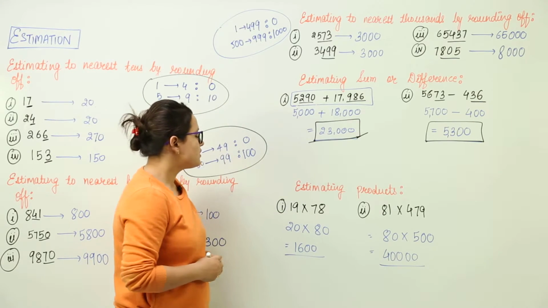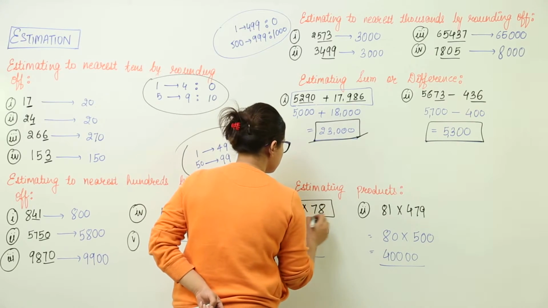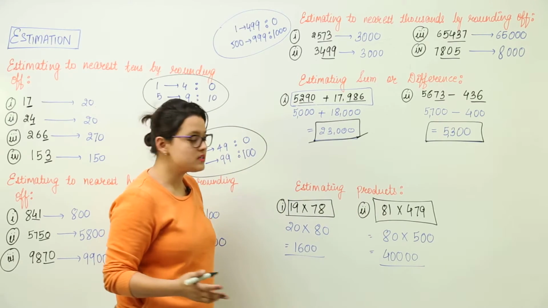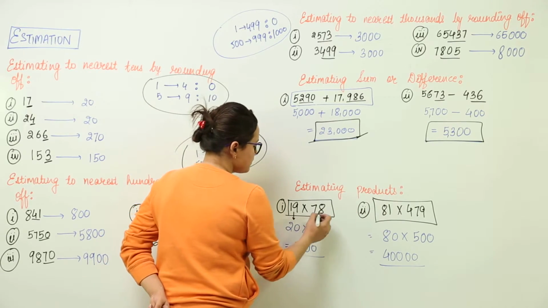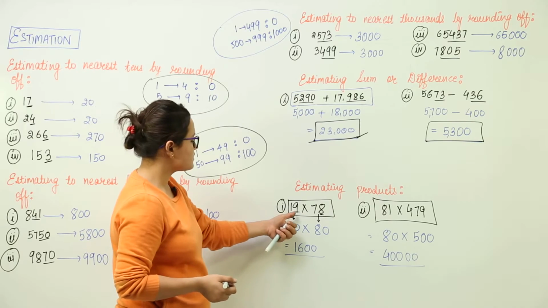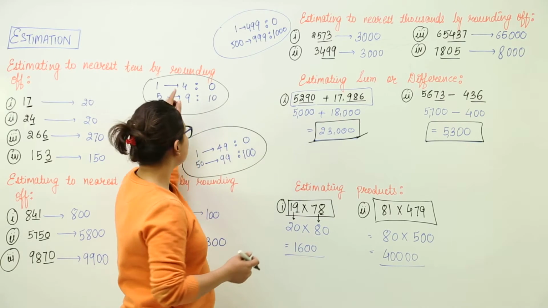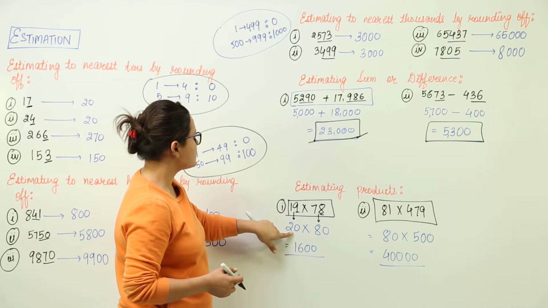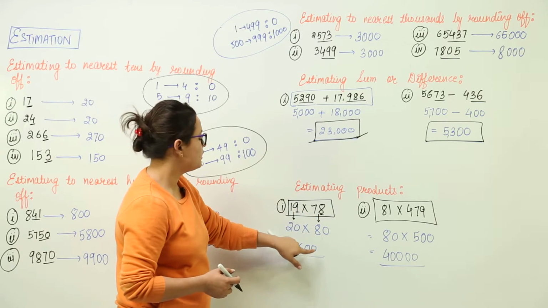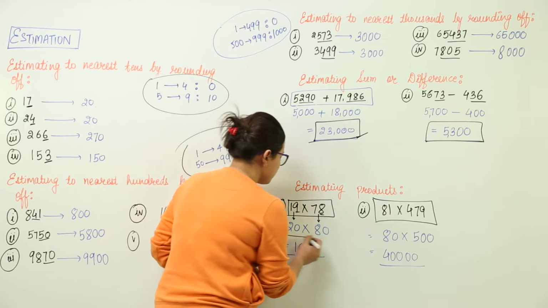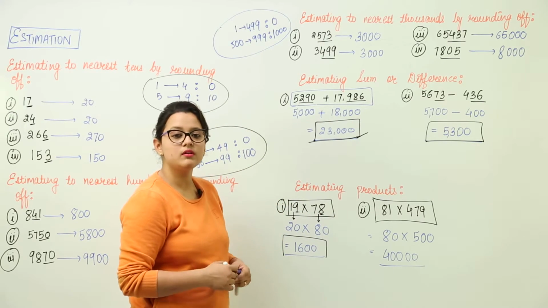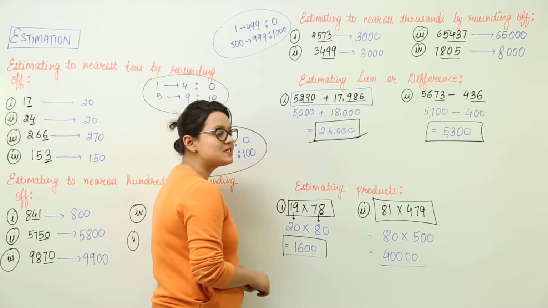That was the estimation of sum and difference. Estimation of products. For this, again there is no such rule. You can use any estimation to the nearest tens, to the nearest hundred, or to the nearest thousand. Here I have used the nearest tens method, because these both are two digit numbers. So here this is having 9, which is in the second one, so we have to convert this to the next tens, that is 20. Here we have 78, so 8 is there, so we rounded off to 80. On multiplication you get 1600. So when you multiply 19 and 78, you are going to get a value which is going to be very close to 1600.